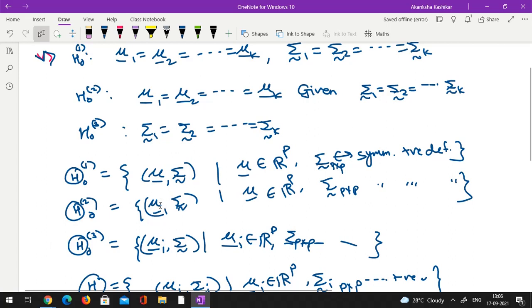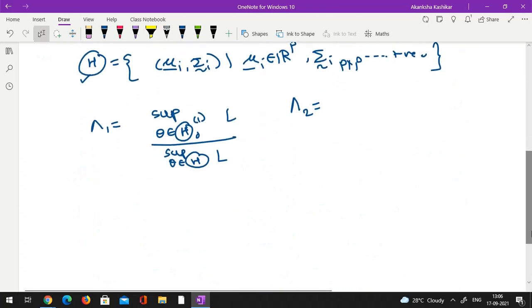Mu is different. Which one? Yeah, this one, the third one. Mu is different, but sigma is still common because it is given that sigma is common. So even in the overall parameter setup, sigma is common because that is not part of the hypothesis, that is part of the assumption. So I'll have the supremum over theta belonging to script theta not,